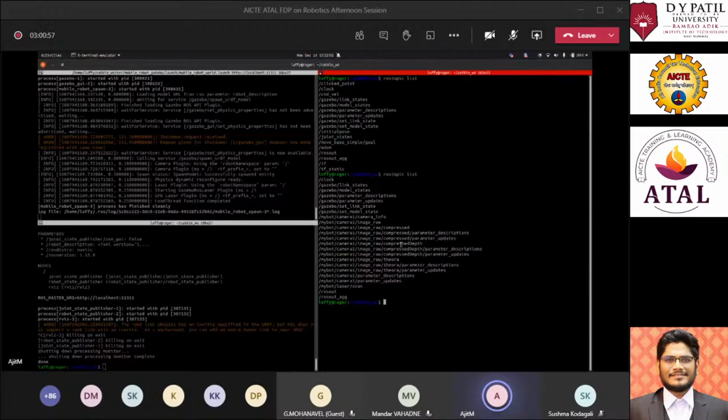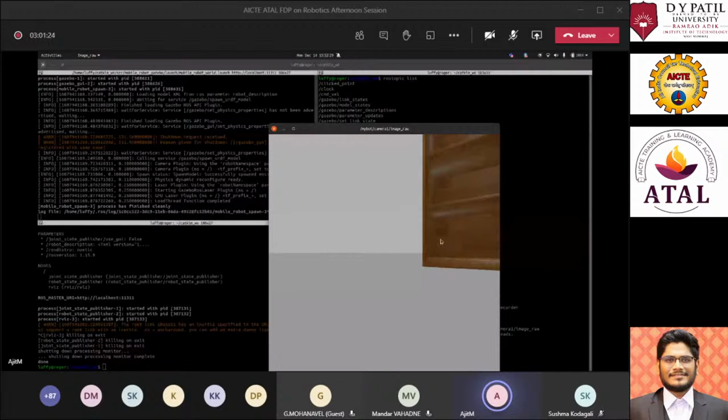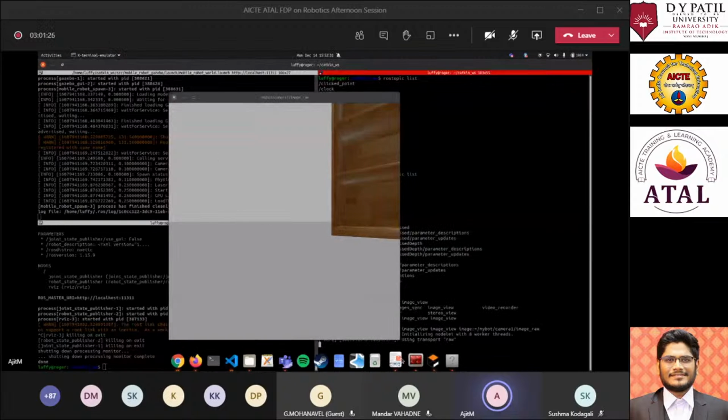Now to visualize any one of these image data, there is a package called image view, and you have to provide the topic name to it. And here you can see the stream which is coming from that camera itself.